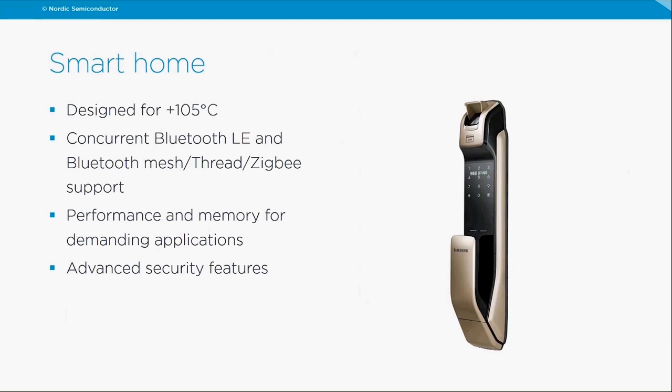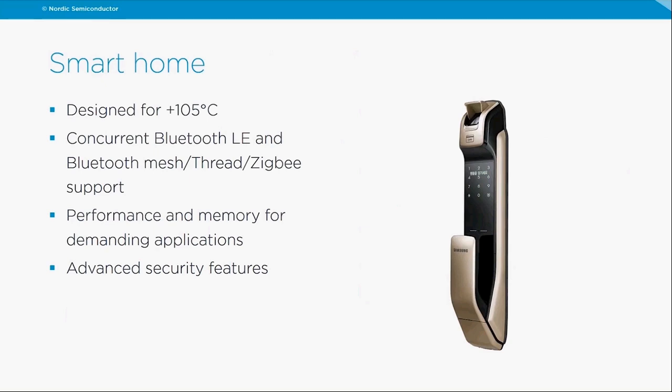Smart home has many of the same requirements as the industrial space. Here it's also beneficial that it's designed for 105 degrees. You can run Bluetooth LE concurrently with mesh technologies, as I mentioned. You have quite high performance and memory requirements. For example, for a door lock,